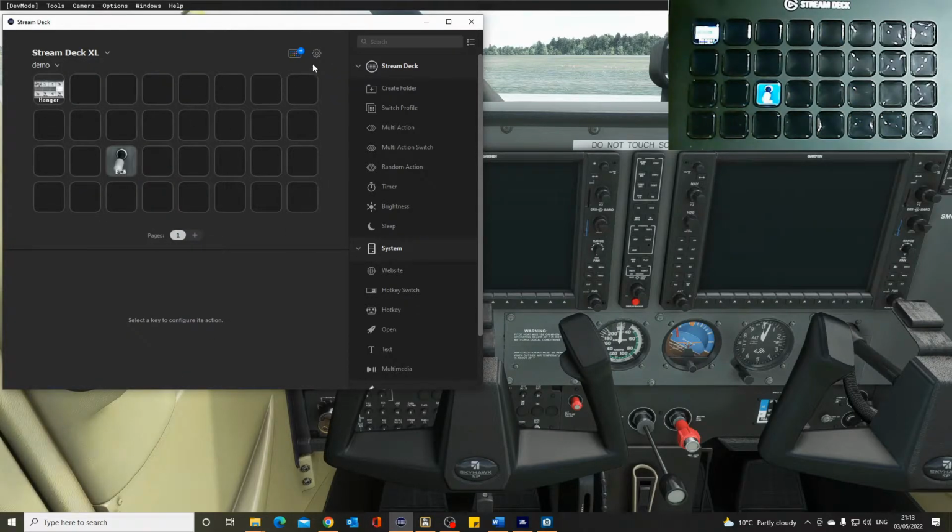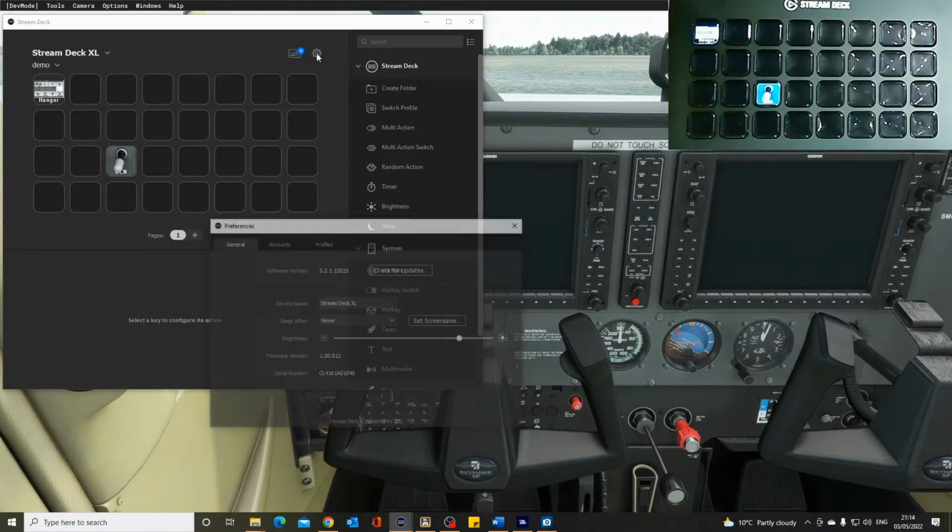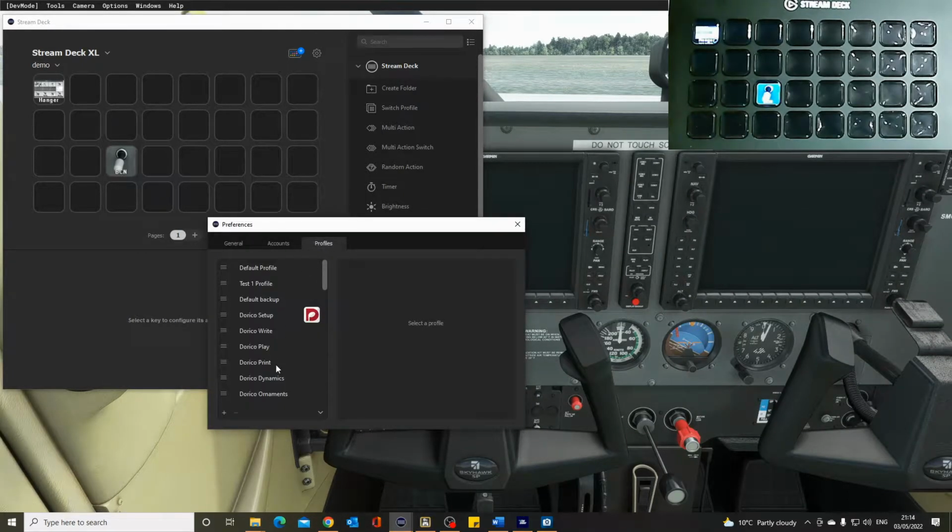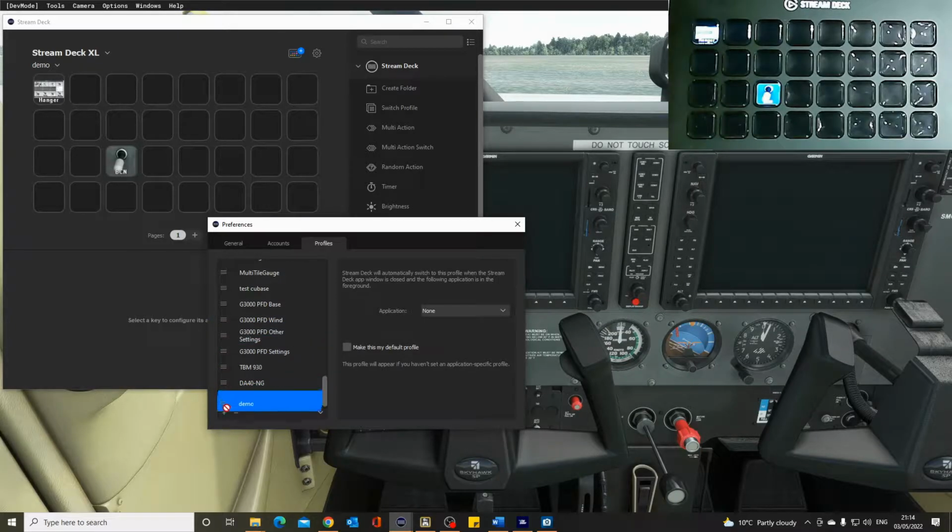And to work a bit more with the profiles, if you click on the settings here, profiles, you can control the order that the profiles are displayed in by dragging and dropping them. So you can bring the ones you're working on more towards the top, but it doesn't really matter functionally where they are. And if you either right click on here or this little drop down arrow here, you can see you can duplicate and rename profiles you're working with. So if you want to make an adjustment for a different plane, you can use that as a starting point